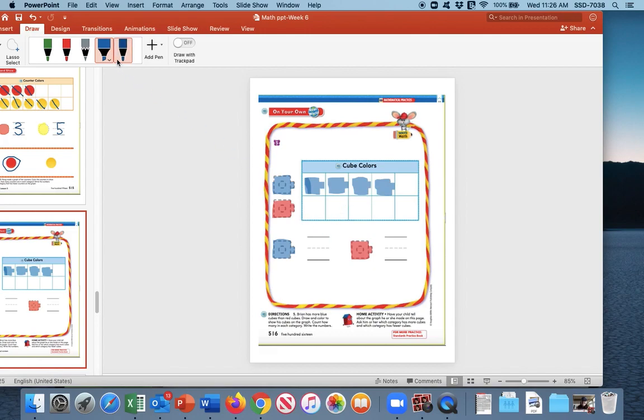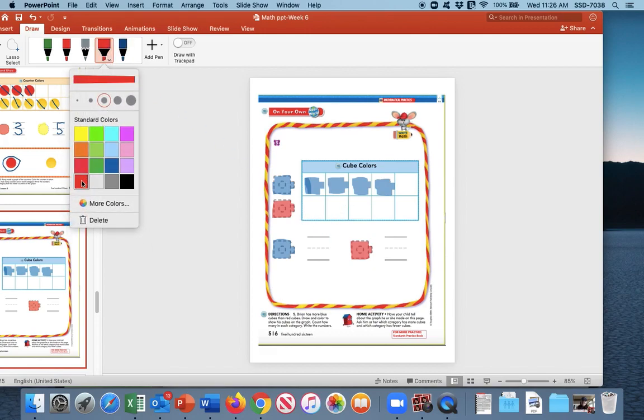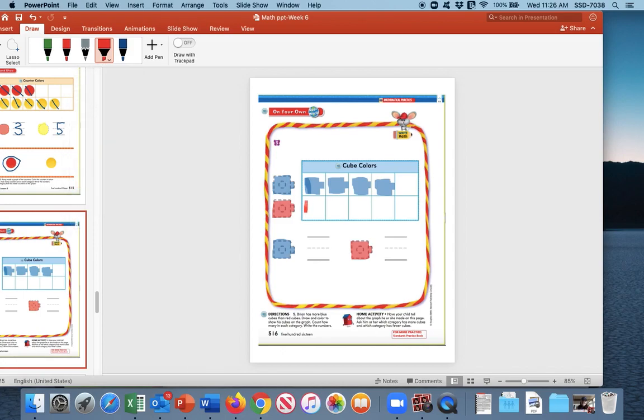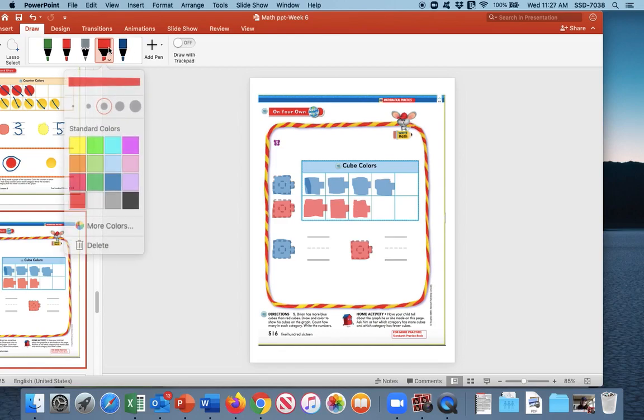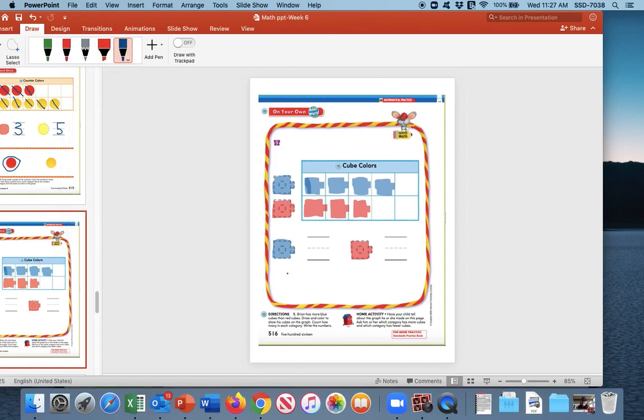Okay, and now get rid of your blue crayon and pick up your red crayon. And now we have to do fewer. So because we have already shown more blue, we could just do 1 red or 2 reds, as long as we don't do more reds than blue. How about we do 1 more? Because if we do any more, it would be the same. And we'll stop there. Go ahead and put your crayons down, pick up your pencil, and now we will write